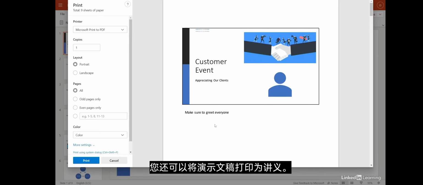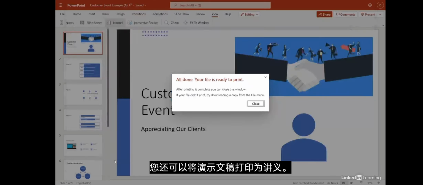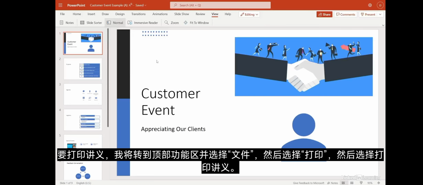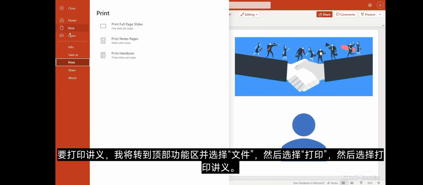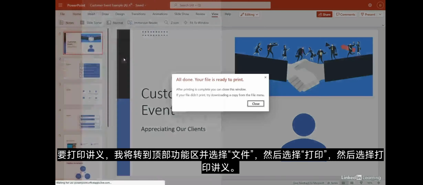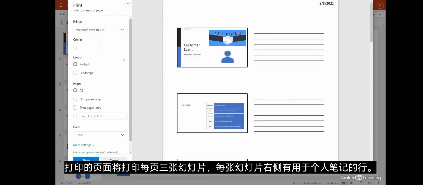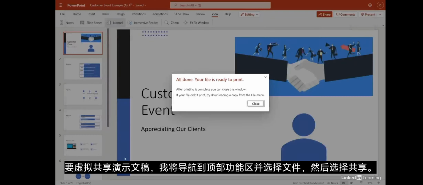You can also print the presentation as handouts. To print handouts, I'll go to the top ribbon and select File, then Print Handouts. The printed page will print with 3 slides per page and lines for personal note-taking to the right of each slide. To share the presentation virtually, I'll navigate to the top ribbon and select File,